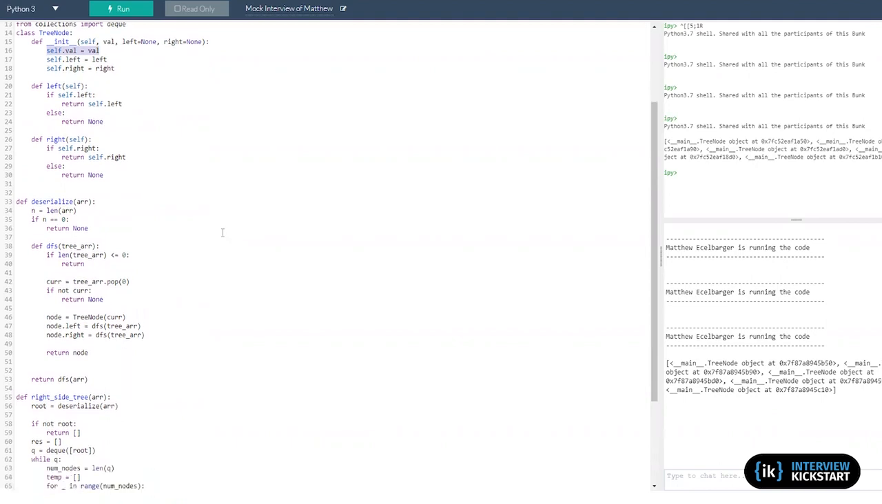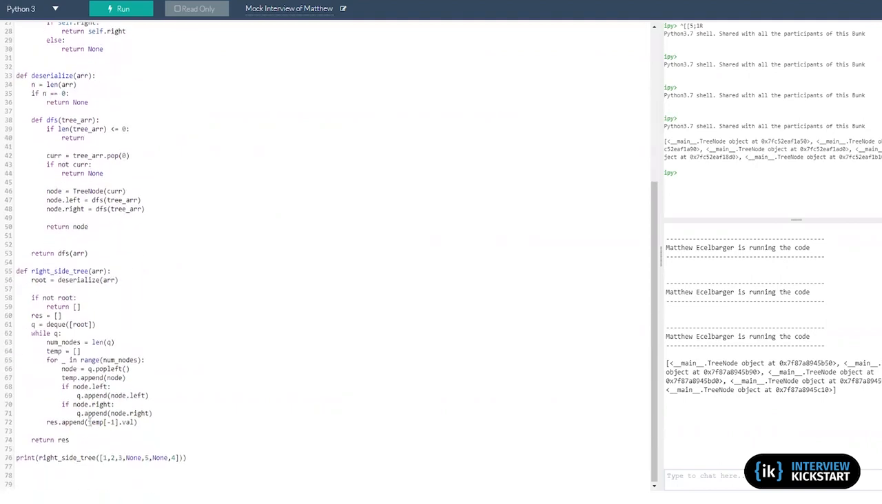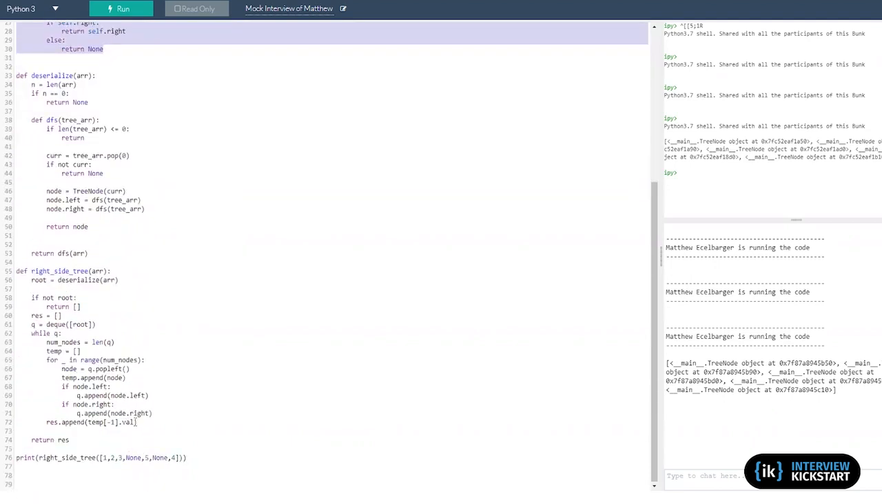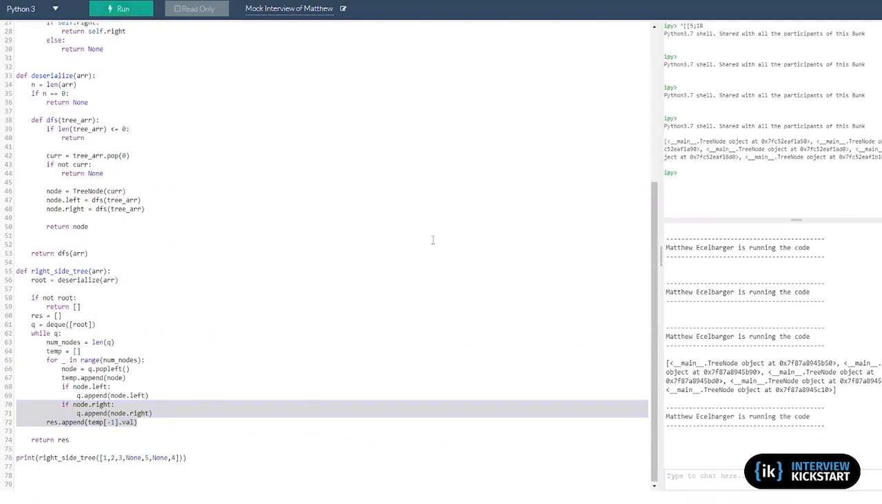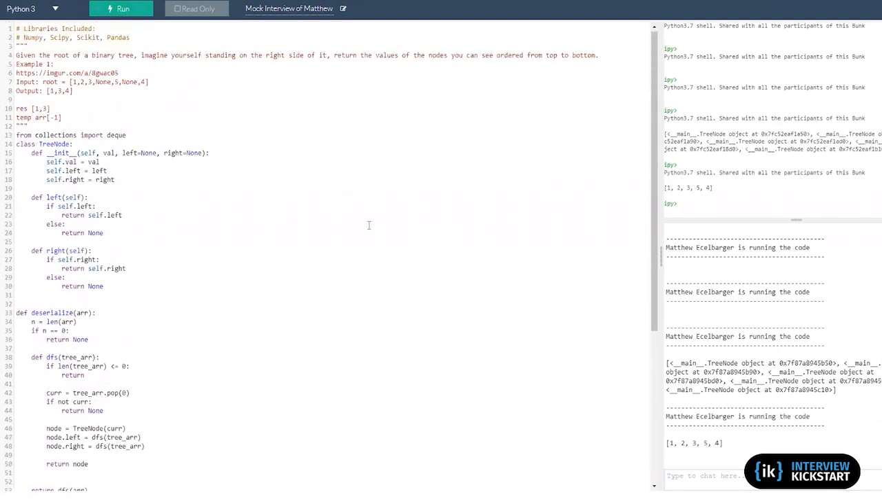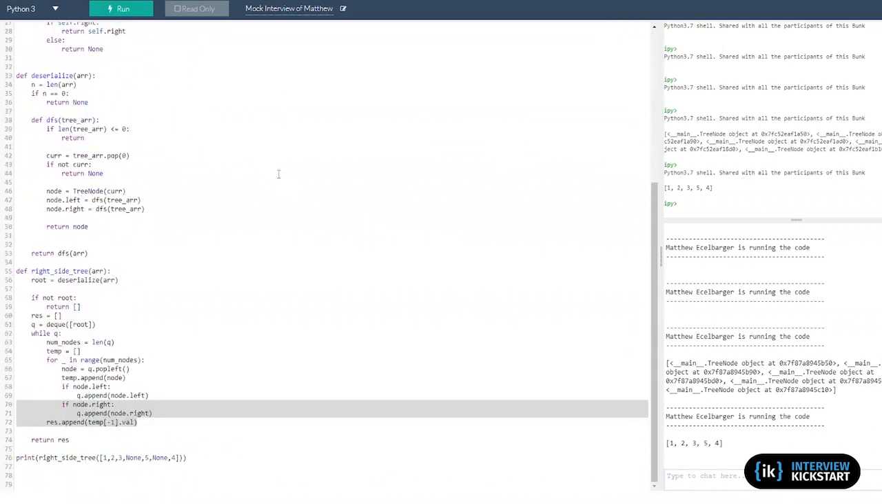I think the issue is I'm actually appending the node itself, like the class, but I need to be appending the value. I see. Yeah, if you just do the value, it'll work that way. Yes, I think this should work now. 1, 2, 3, 5, 4. That's not correct. Okay, so